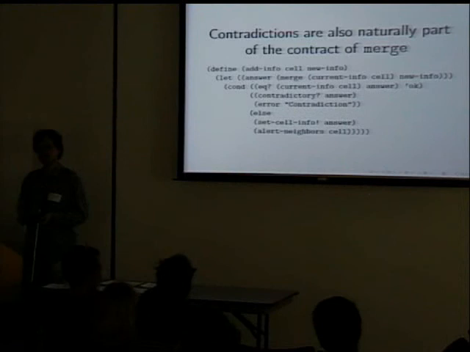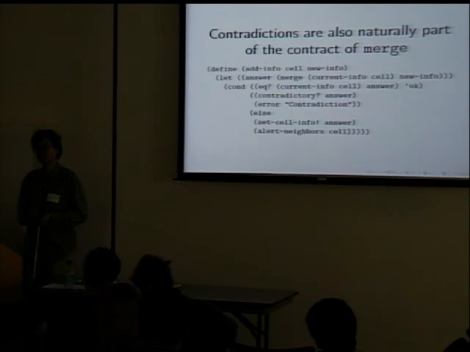If you've got contradiction as a possible value for a cell, can you then have something which combines multiple cells and says that this is a contradiction as long as one of the possible paths